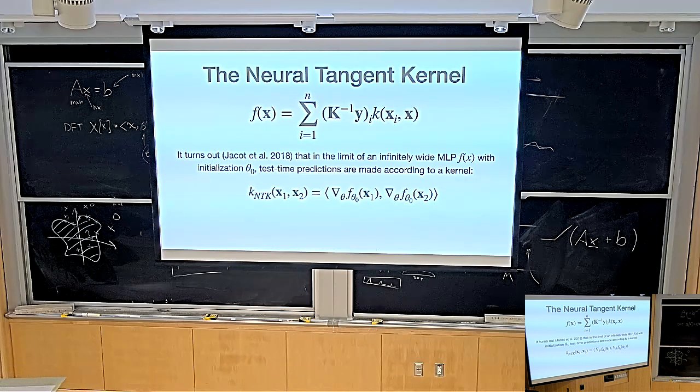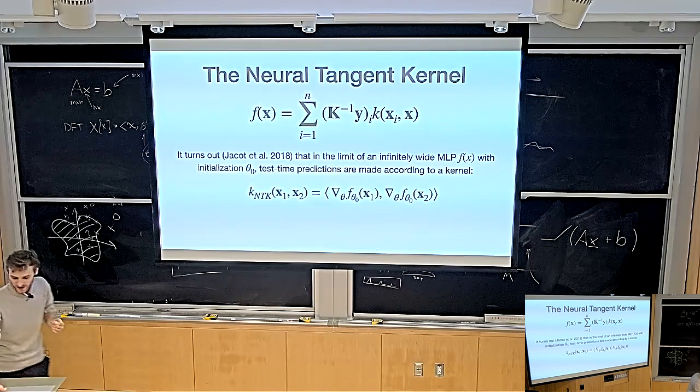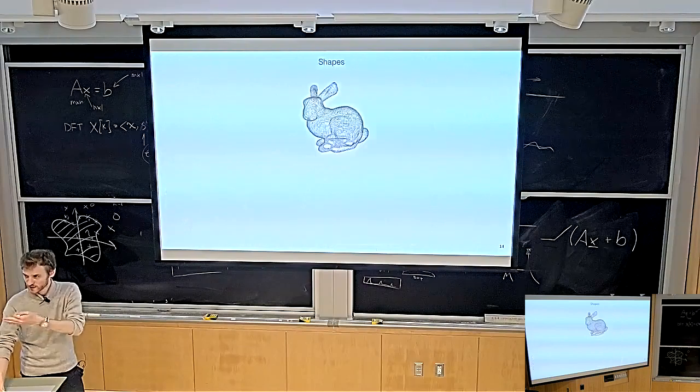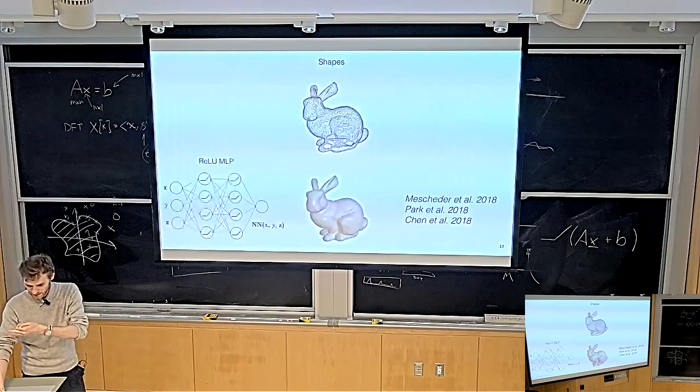The neural network is really good at assigning the correct value to the values in the training set. It tells you something about the values that are not in the training set. So what might it tell you about the values that are not in the training set? Let me go back. This is actually great. I love this because you're just following the reasoning of one paper, the second paper we're going to discuss. You're just talking through it right now, which is great.